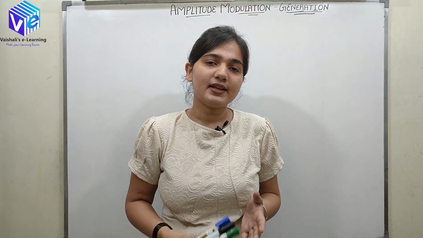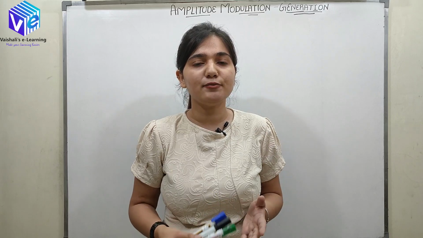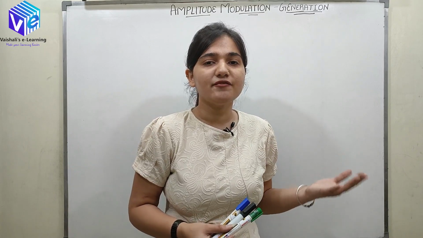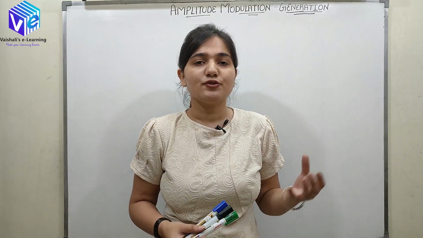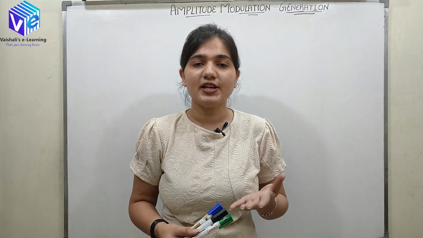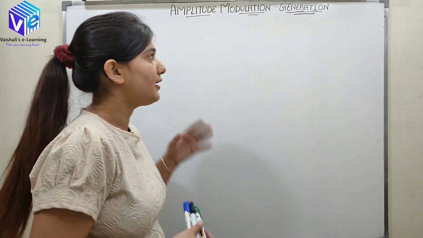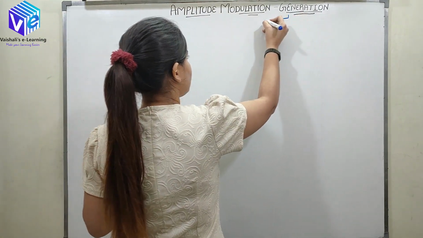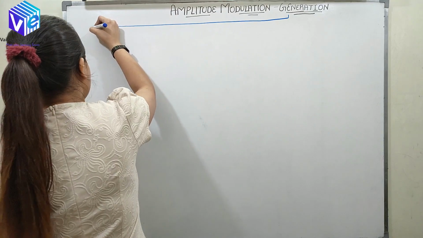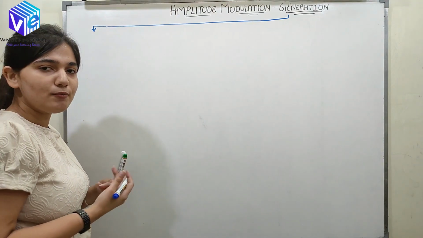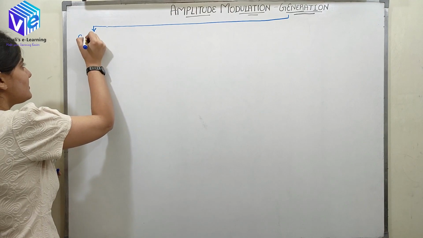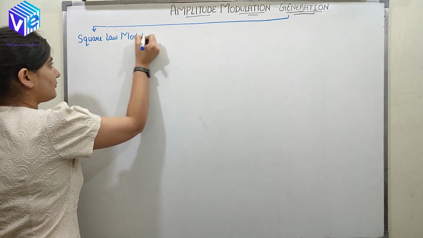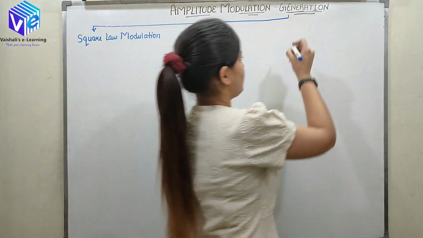So, starting with amplitude modulation: amplitude modulation is the change in the amplitude of the carrier signal with respect to the information signal, or the message signal. The message signal is responsible for the change in the amplitude of the carrier signal. Now we are going to see it practically. I have classified the generation techniques into two types, and further I am discussing only the low modulation index. In that I am going to discuss square law modulation and switching modulation.